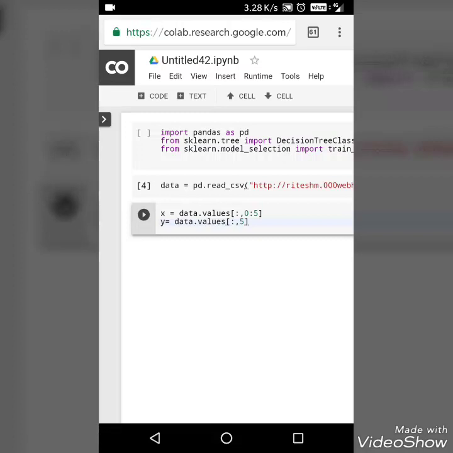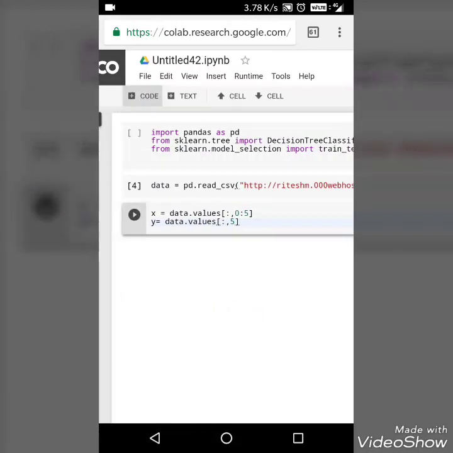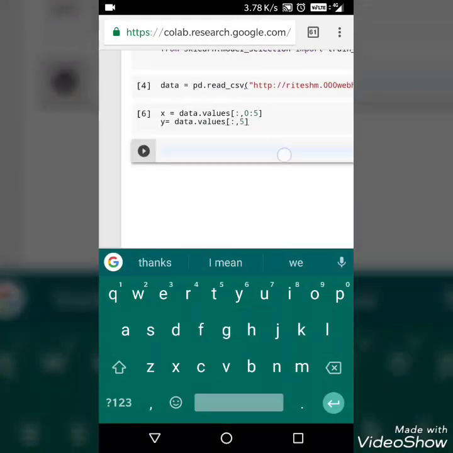Now here the x variable holds the data without the target variable. That means it holds the values of variables id, sepal length, sepal width, petal length, petal width, and the y variable holds the target variable data, which is species in this case. So it executed properly. Now let me just add one extra cell. So move to the next cell, and